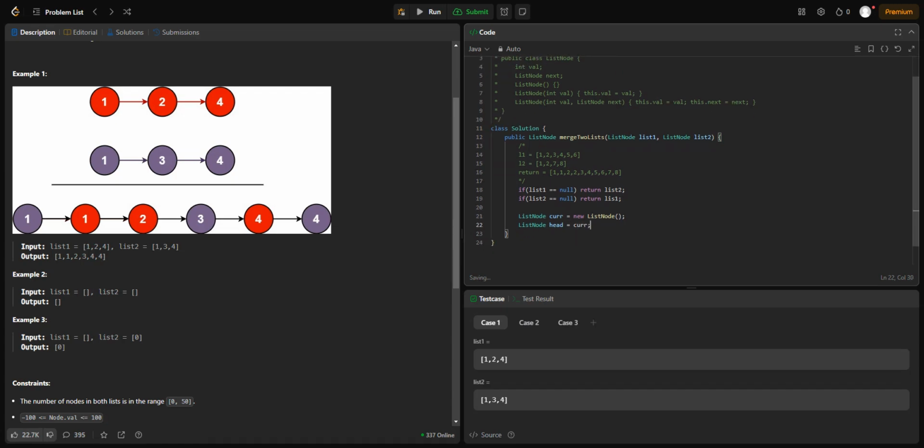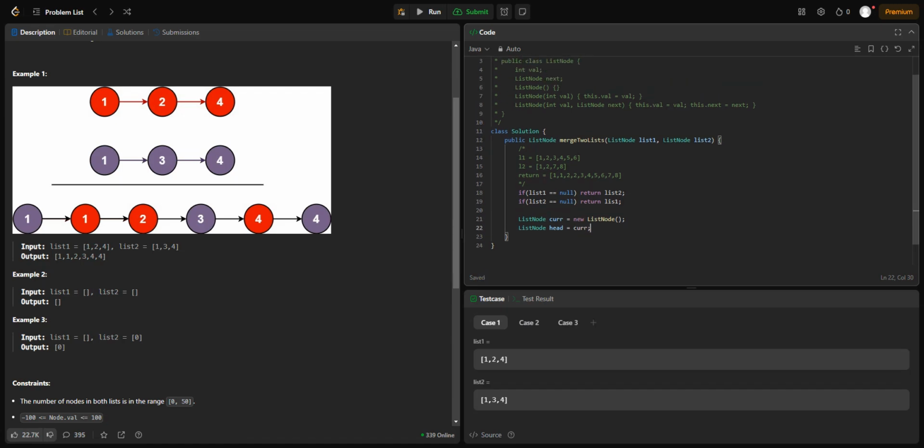Then let's see, what do we need to do next? Then we'll start our while loop. So we'll say while list 1 not equal null, and list 2 is not null,